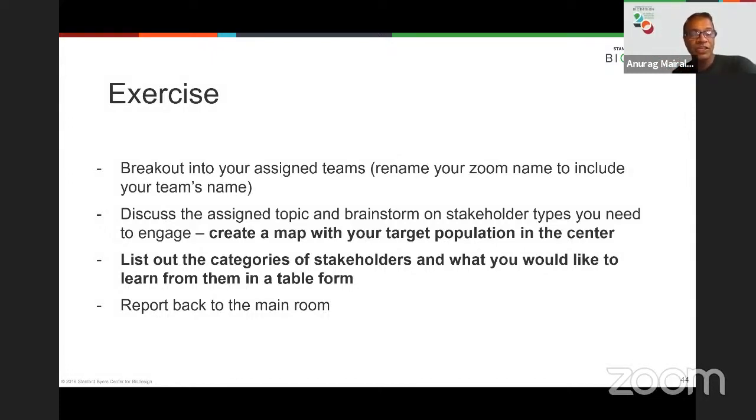I won't do the exercise, but can you write in the chat window your list of stakeholders? Who are your stakeholders? Who are your most important stakeholders? And be expansive. Don't limit it to just one or two. I know that for each of your unmet needs that you're trying to solve, there are 8, 10 stakeholders potentially. So can you please type in the chat window stakeholders that